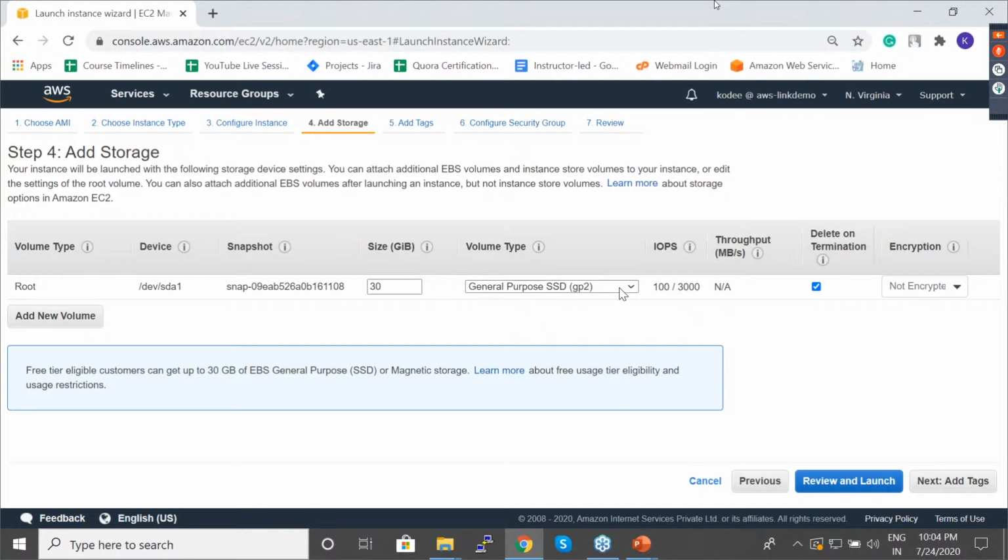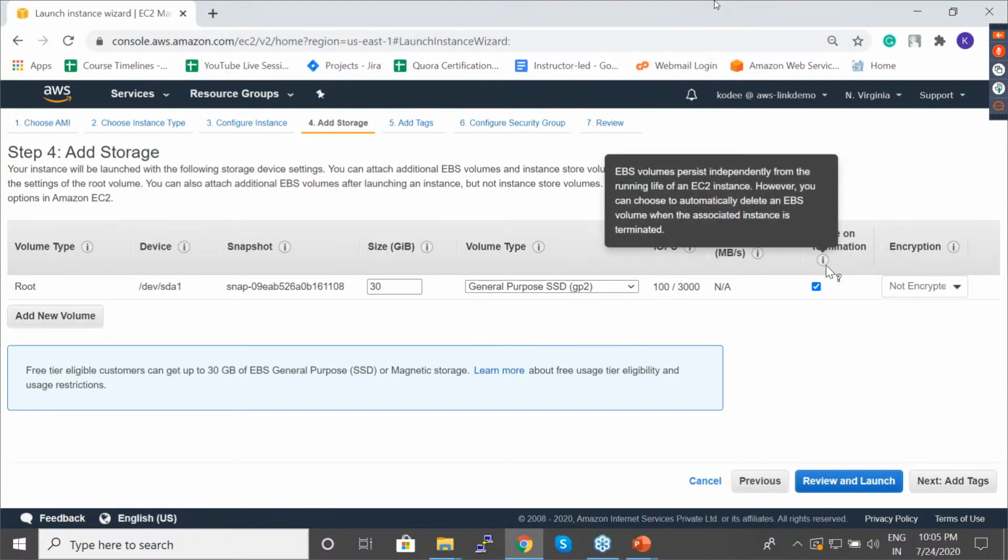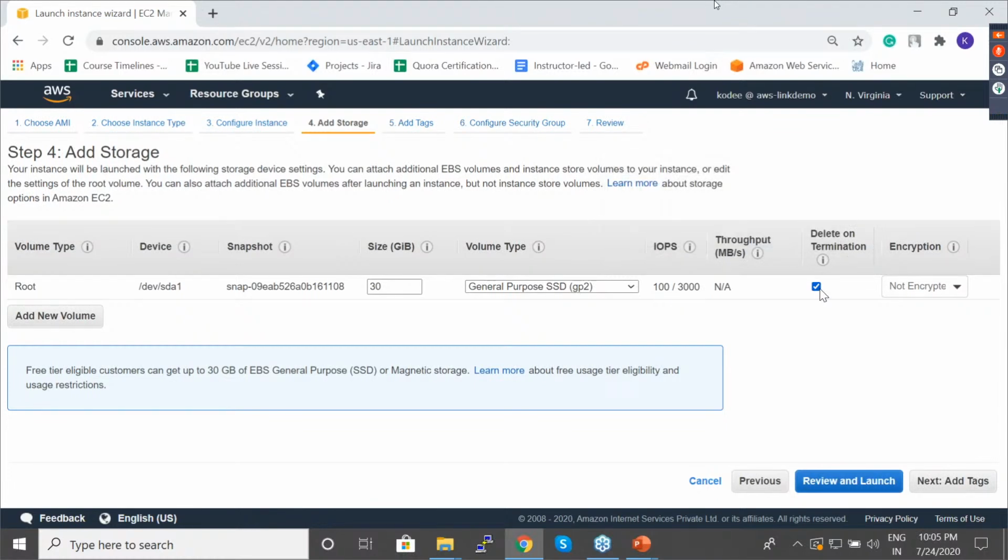Okay, cool. So here you have a volume type. A general purpose is more than enough. If you go with provisioned IOPS, you'll get an increased throughput. And then magnetic is standard storage. So I would not use magnetic, just go with general purpose. And then you can see here throughput and delete on termination, which means, for example, if you delete your EC2 instance, it will also delete your EBS volume connected to your instance. If I uncheck this and you delete your instance, your volume will still be available. But I don't want that. It's fine. I'll delete it on termination.